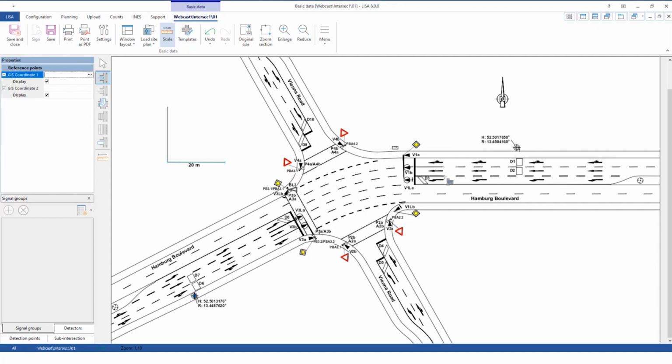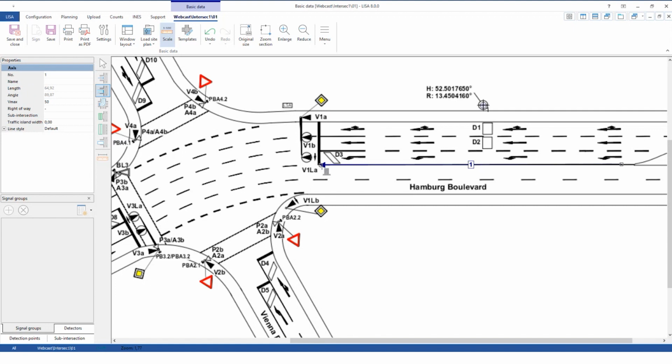Without further ado, let's enter the data. First of all the legs, then the lanes in each leg, the movements between these lanes, and after that, the crossings. That is the topology. And then what we can also enter here graphically are the signal groups, detectors, detection points. First of all, to define a leg, I draw it with the leg tool from the inside to the outside, and then I automatically change to the